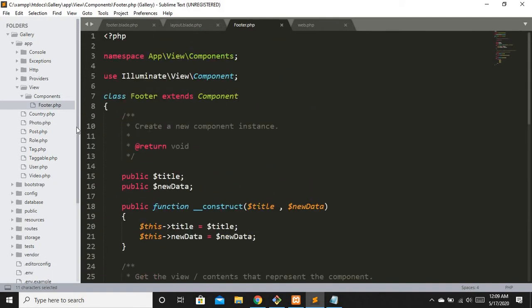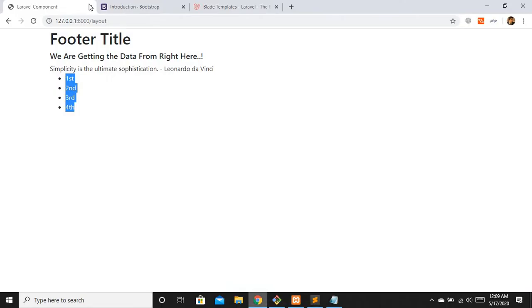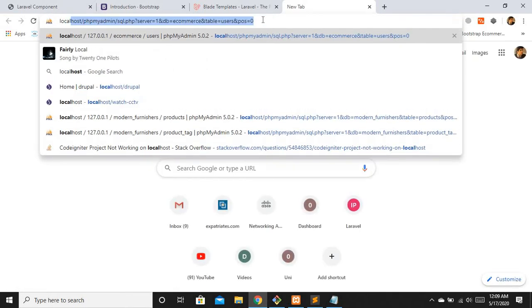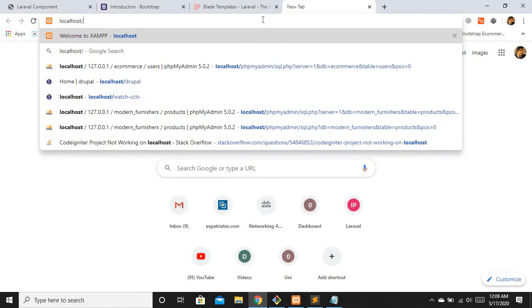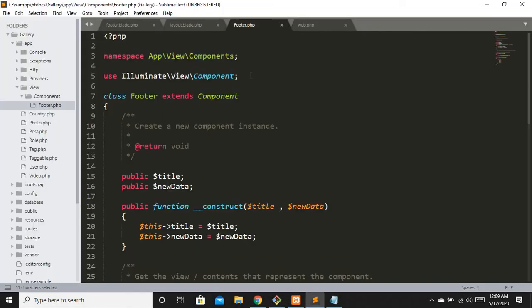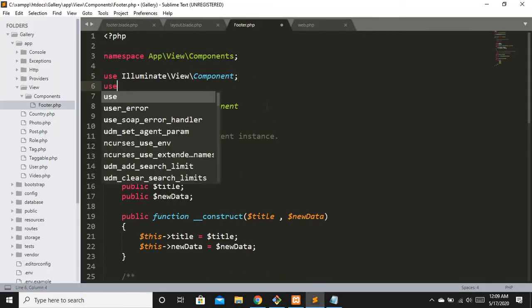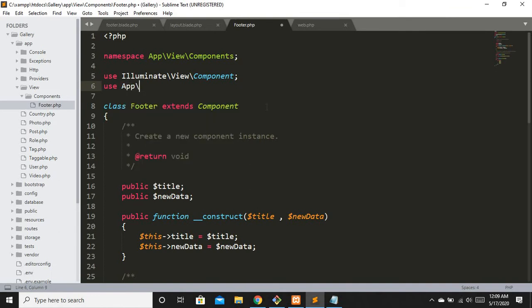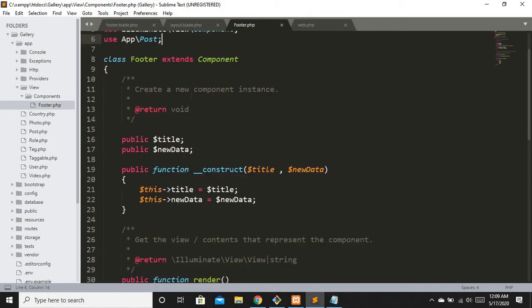Now I will show you another example. Let's say I want to get all the posts. In this case, I'm using an old project that contains some post related data. Let me show you localhost and phpMyAdmin right here. What I'm going to do is call the class, import App Post, just to show that we can pass any sort of data from the database as well.